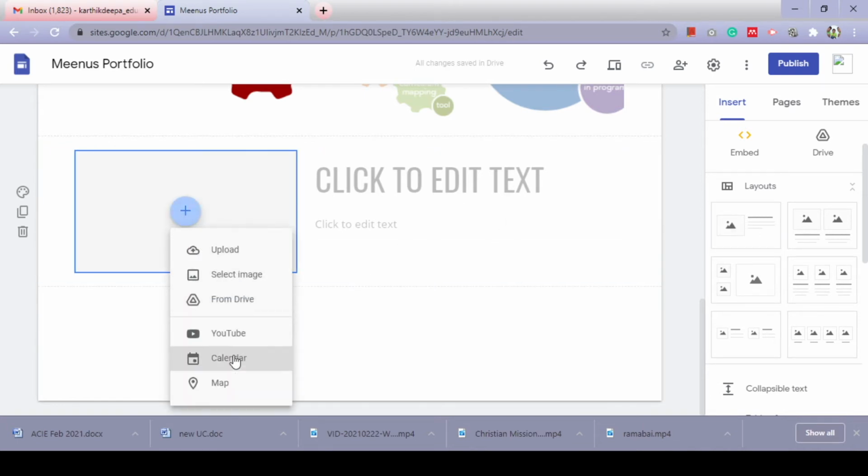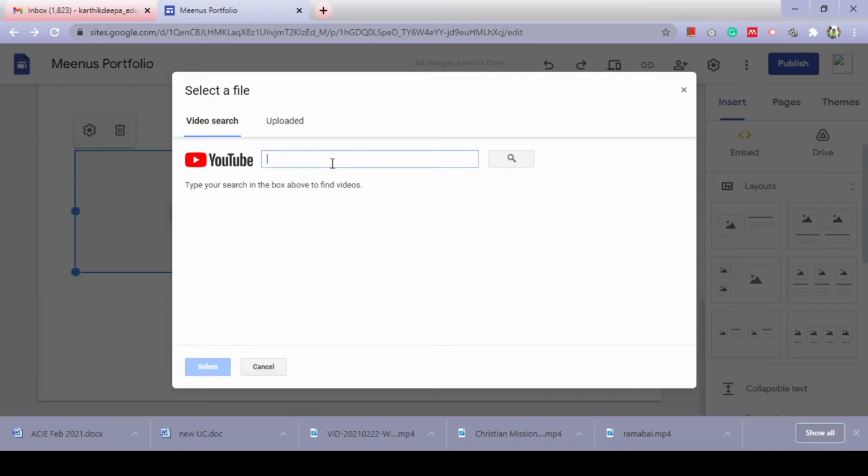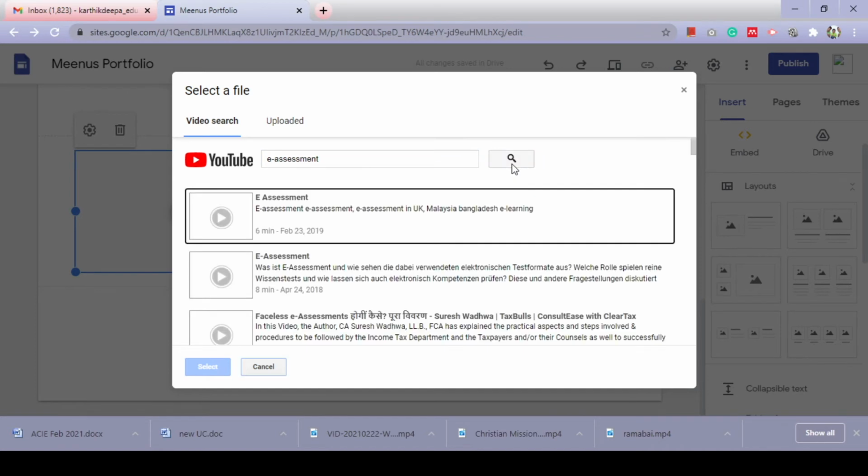Even you can add another; once you add, you can upload, you can select an image as I told you, like you can add from drive. You can add YouTube links, if you want to.